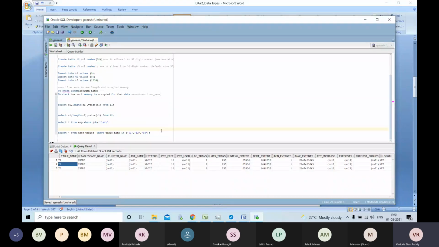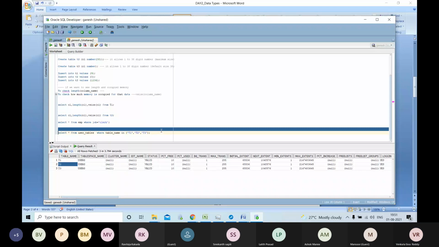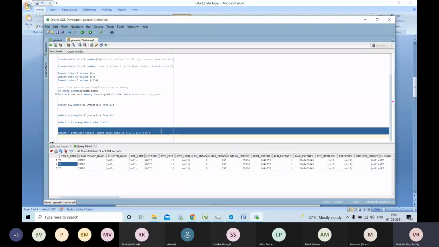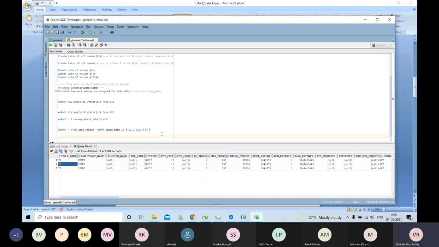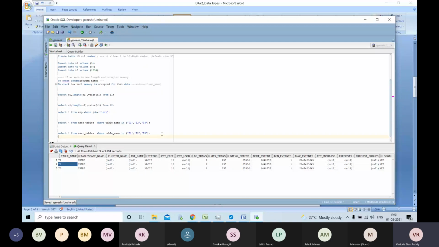Okay, now it stored only the table names. Oracle has captured just the tables we have. Now Oracle also has the capacity to store what columns we have inside the table. It is a double bedroom, it is a single bedroom, how many windows we have, how many doors we have, all those things will be captured by Oracle. Oracle has that much capacity.